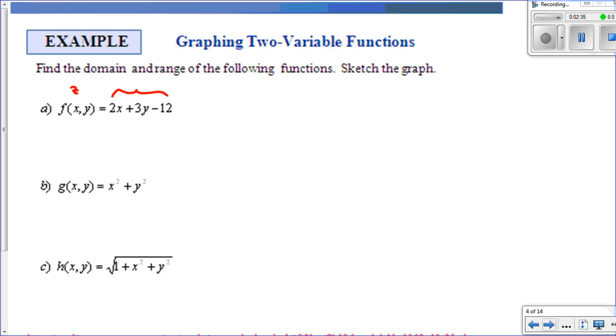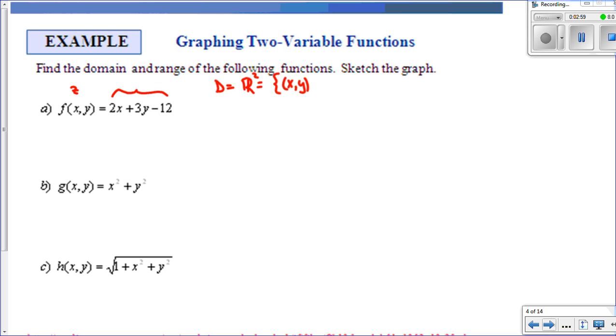Remember, z is the same thing as f(x, y). You see that this is just a polynomial in x and y on the right side. So that means that we can put any possible (x, y) value into this function and we'll get a unique z value. So the domain is actually all of R2,